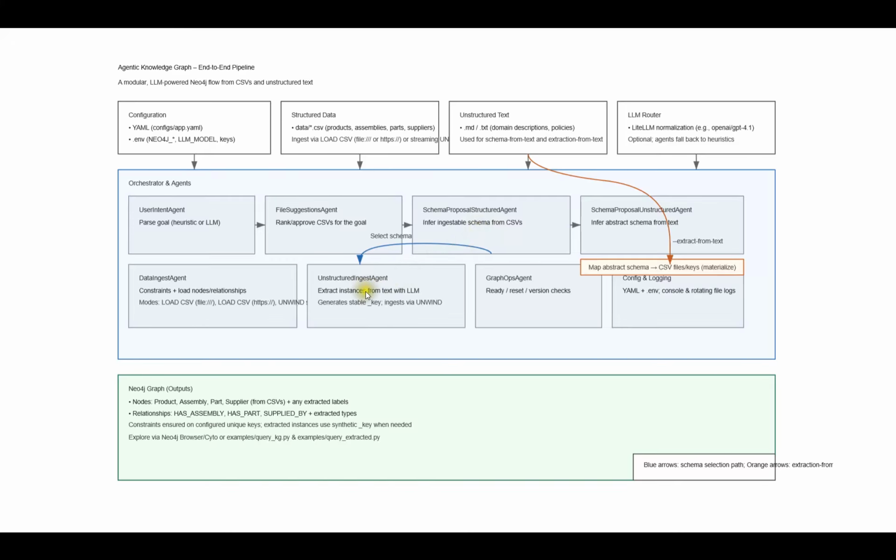And the fourth use case is simply to create a schema and data for our knowledge graph from an unstructured file, an MD or TXT file. So we have four